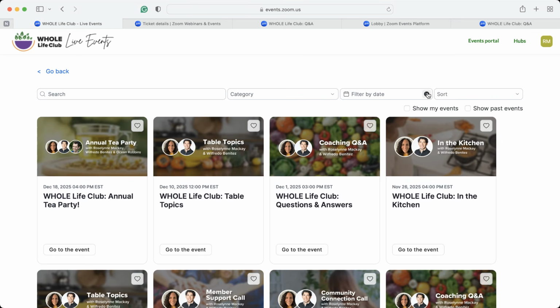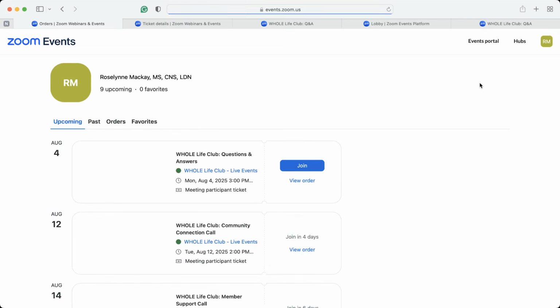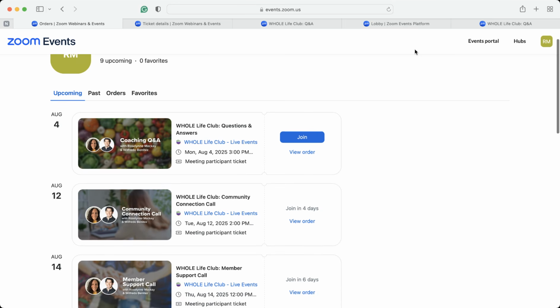Once you clear that, you'll be brought back to all of the events that are available for registration. From this view, you have the ability to sign up for as many as you'd like. So there's actually a tickets function here to help you narrow down what it is you signed up for or what it is that's upcoming. This can also be another way to access the live event on the day of. So if you can't remember what you signed up for,